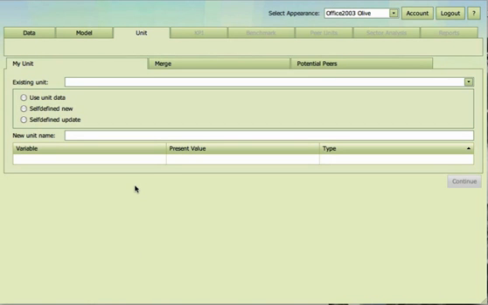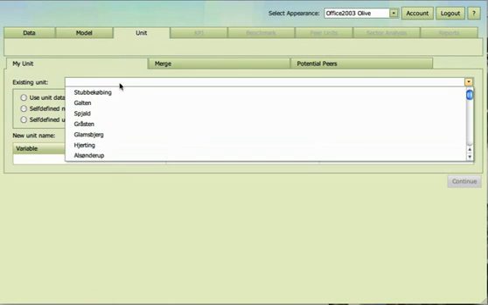Once you've selected the model, you come to the next tab, which is the Unit tab. Here you have three subtabs. You have one called My Unit, one called Merge, and one called Potential Peers. In the My Unit tab, you basically select the unit you want to analyze, and you can see the units